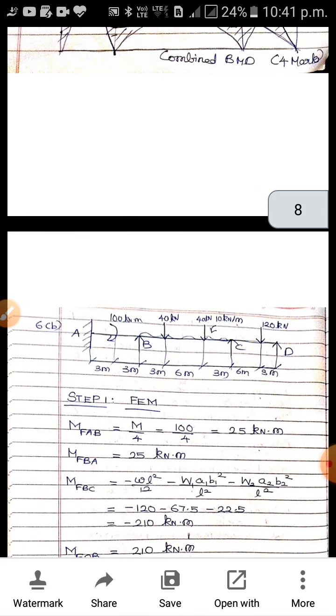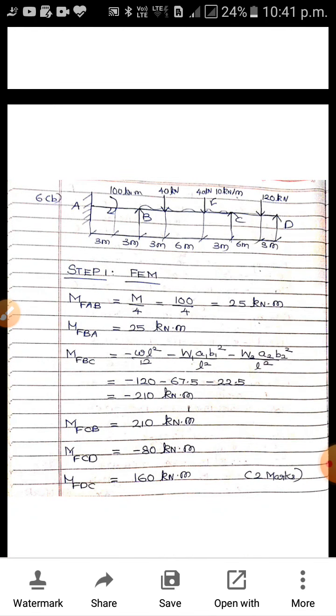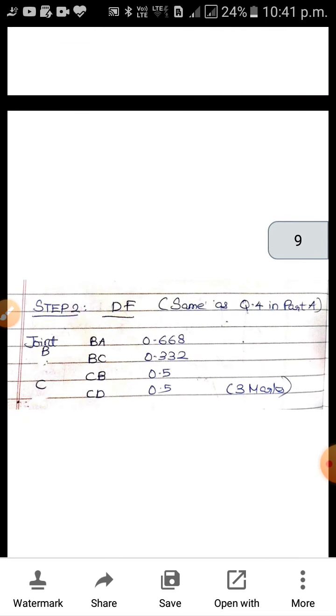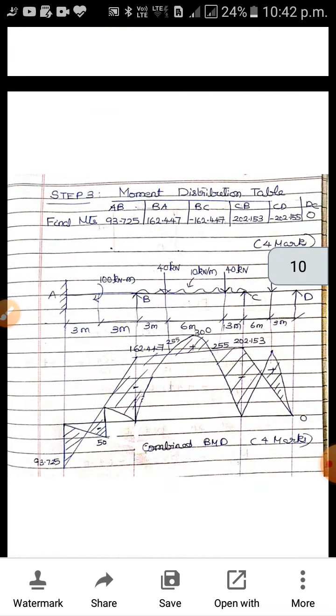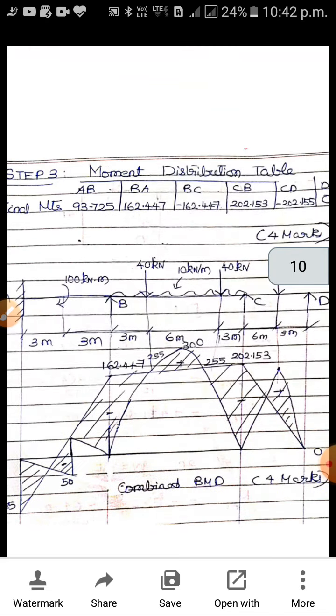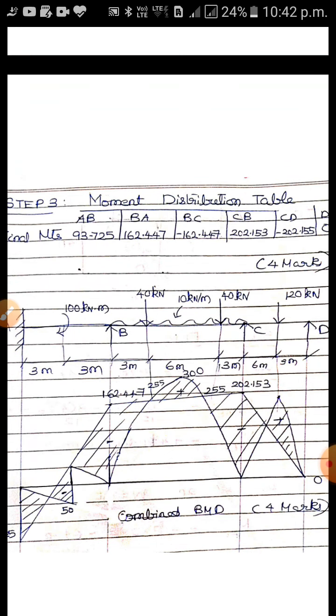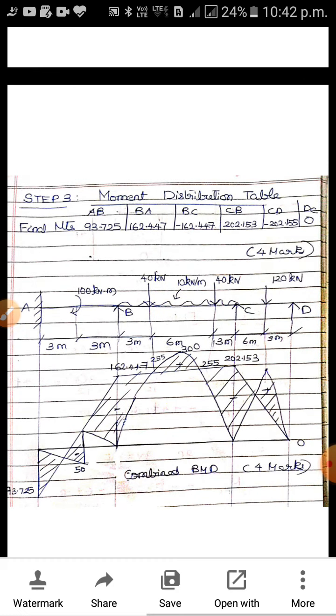The Venn diagram I will teach you later. And this 6b problem, the only difference is AB has a clockwise moment at the center. So the formula is M by 4. M of AB equals M by 4. M of BA is also equal to M by 4. That's the only difference. Again the same thing. This is the problem which we had in question number 4 of part A. So refer to that and do this. This problem you have to do particularly. You have to work it out, you have to get the same answer. I have only given the final answers.